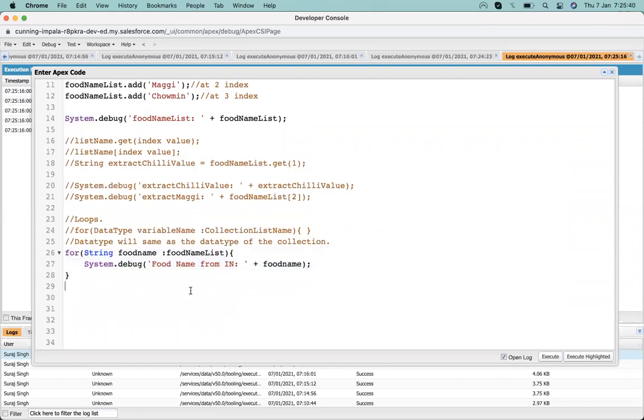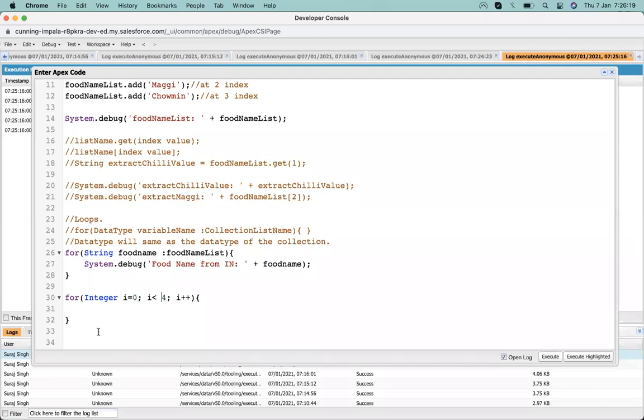But in Java or any other language, we also use the loop in such a way that for integer i is equal to 0, i is less than 4, i plus plus. Have you guys remembered this kind of thing? You can put i less than or equal to, so it will go at maximum till 4.